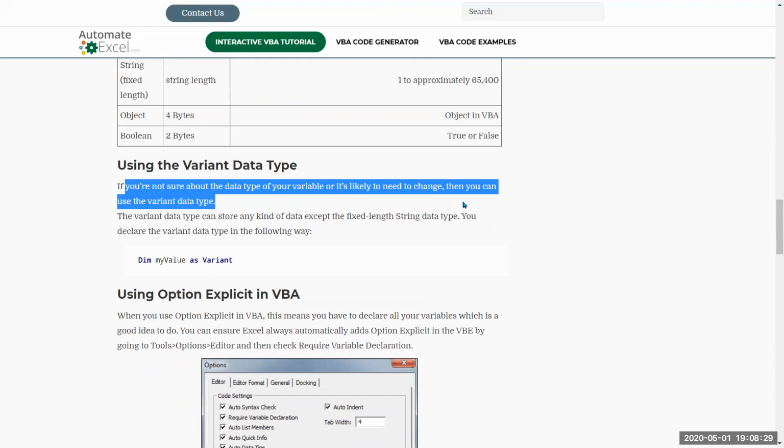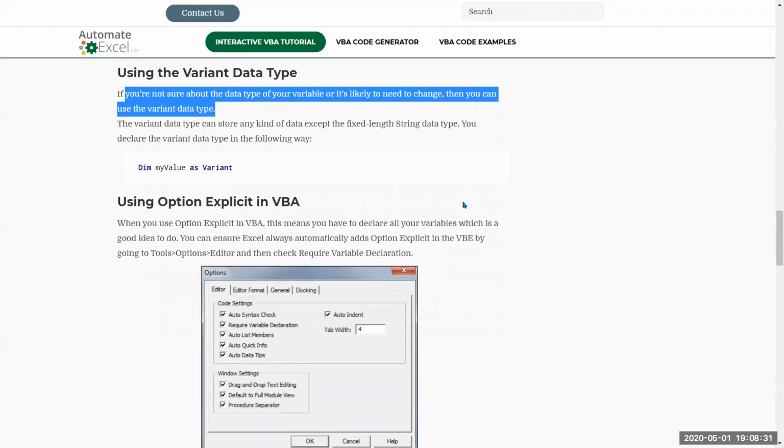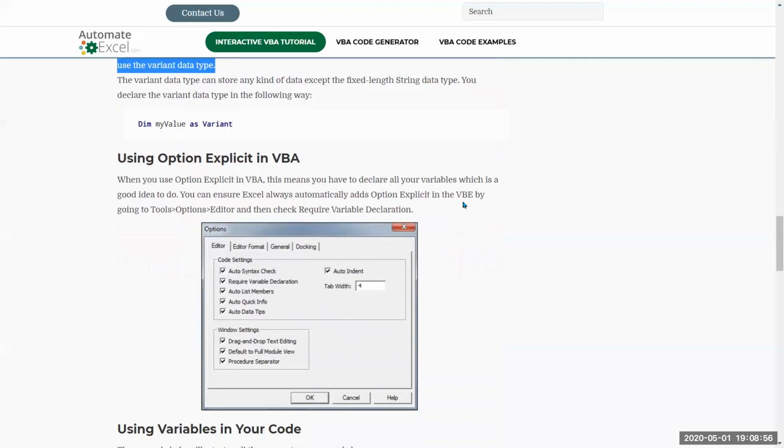Right. So the variant data type is considered to be the most powerful one, but a variant data type is also the one that uses the maximum amount of space. But if you are not sure what to do, should it be a string or a number or something, just give it a variant and it will always work. Because your codes are going to be very small in size. I am referring to codes that are 1000, 2000 lines long. That is where this starts to make an impact. For the sort of codes that we are writing, it doesn't really make a difference.